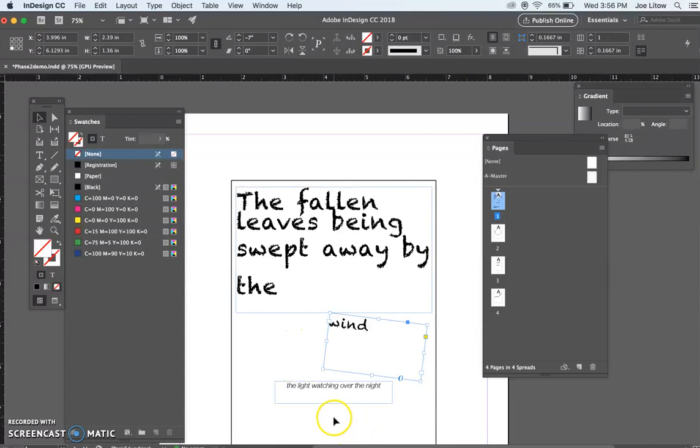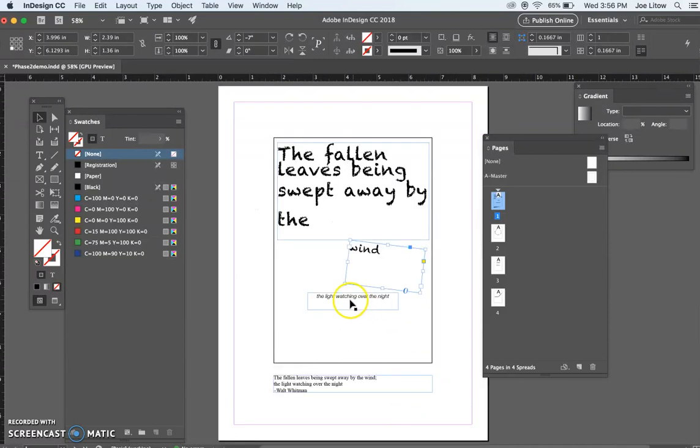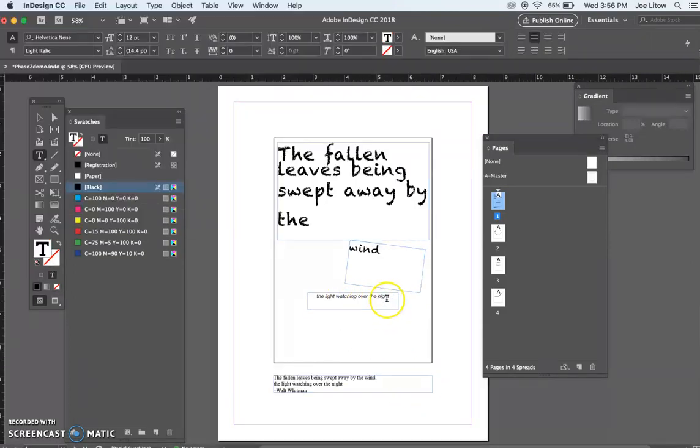Now, the light watching over the night. I'm playing with the type some more, and then we'll go into different color schemes that you can try. On the light watching over the night, let's take this. I'm going to select the light watching over the night. It's presently Helvetica Neue Light Italic. Now let's go up here